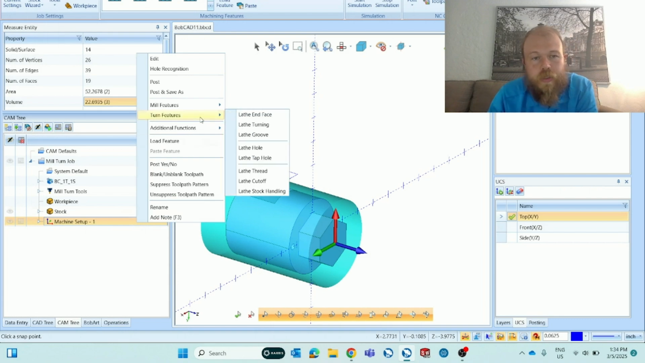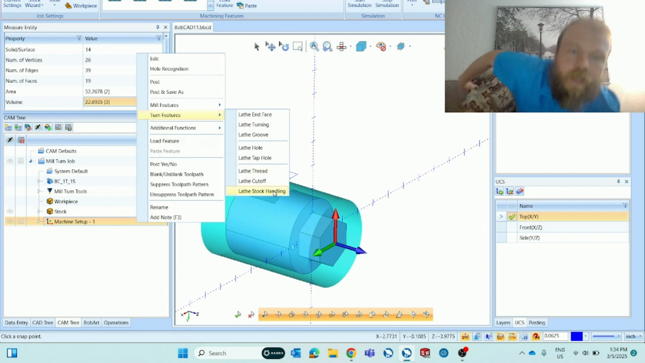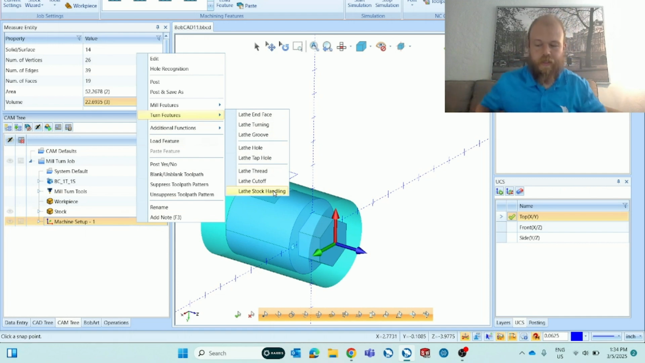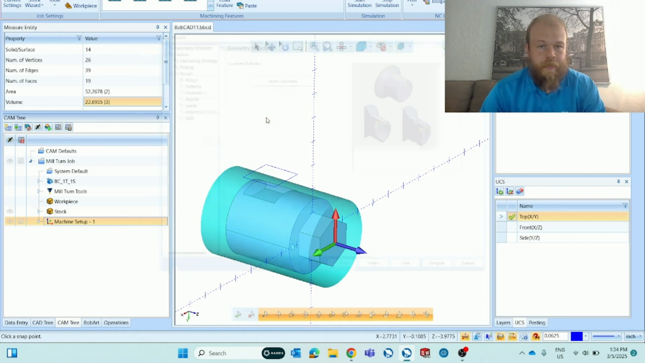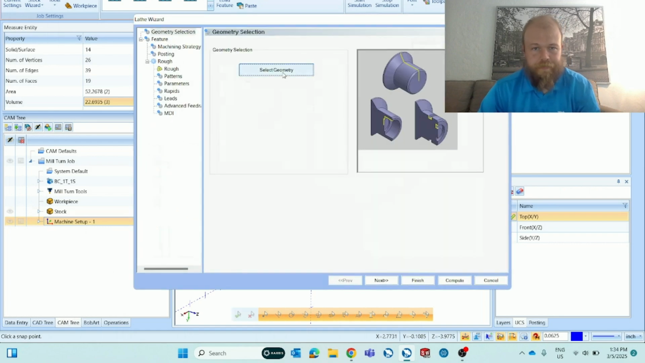So first I'm going to go to turn features, and these are all of the same turning features as in the lathe portion of the software program. All right, so we've got facing, turning on the ID or the OD of the part, groove, drilling, tapping, threading, cutoff, and stock handling for a bar feeder. And so what I'm going to be doing is the facing operation first. So I'm going to select lathe and face, select my geometry,